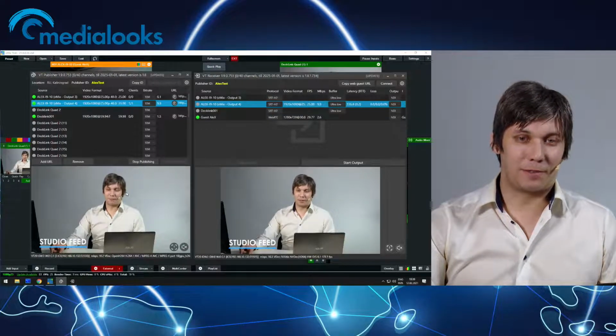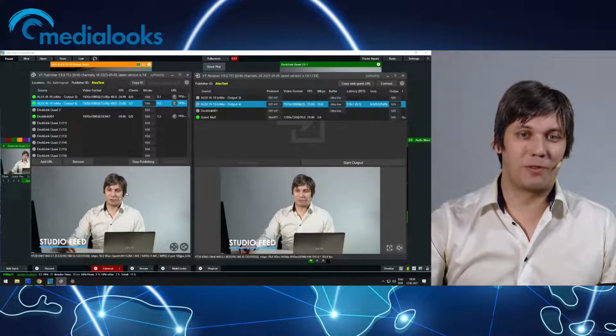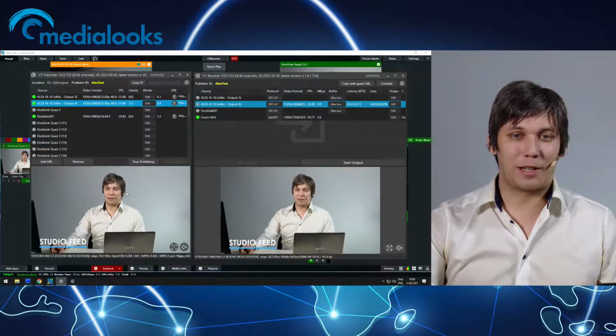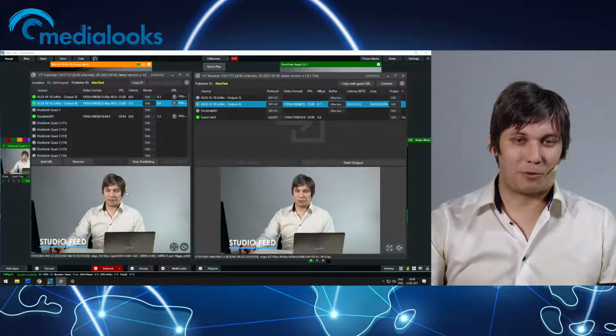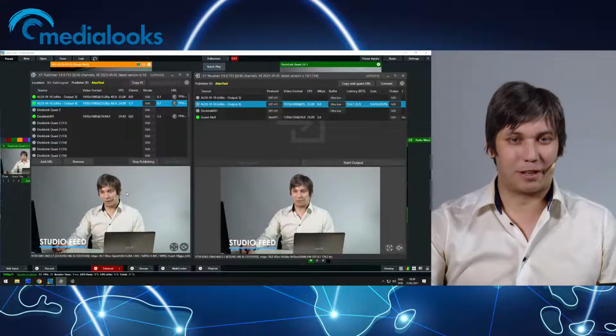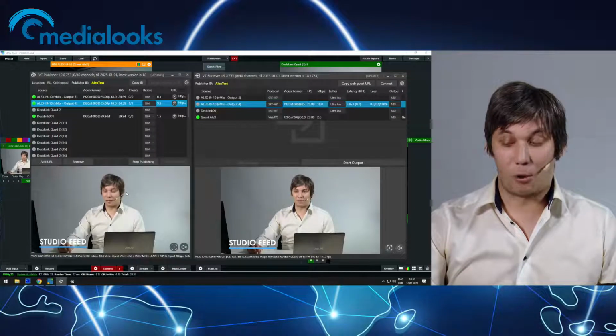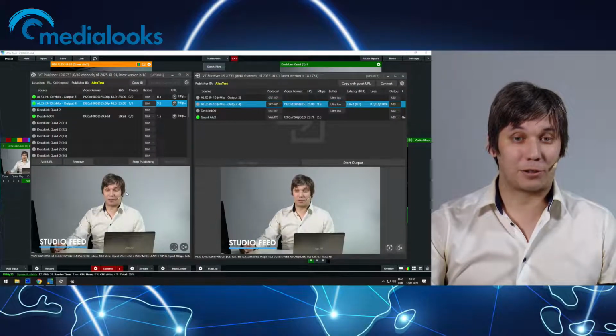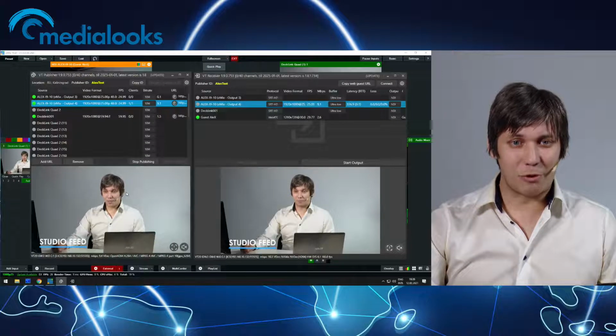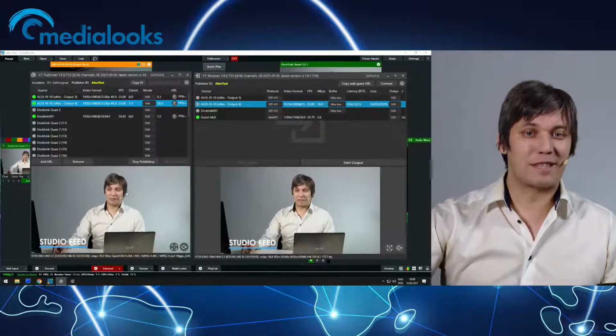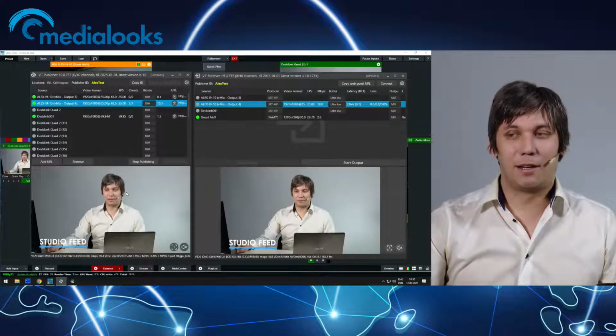So if something is lost during this transmission to the gateway, we already know that we have to resend some of the packets. So the gateway knows that something was missing, and it can ask the source, okay, can you resend some of the missing data? Or it can use the forward error correction to reconstruct the stream,